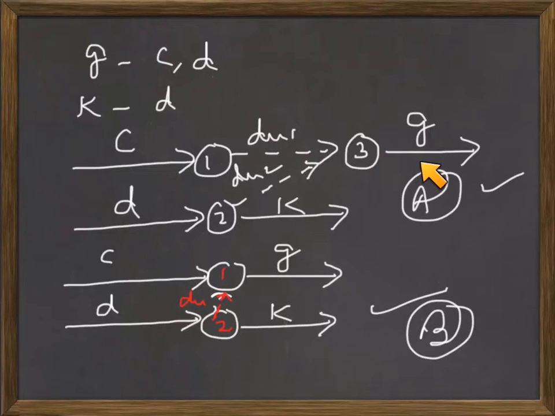Here G has immediate predecessors, these two dummies which are saying end of C and D, which is right. Then K has immediate predecessor D, so that is also right. Same way in B also you notice that G starts from node 1, which is end of C, and dummy which is representing end of D. So this immediate predecessor is fine, and for K again there is only one immediate predecessor D. So both are correct,